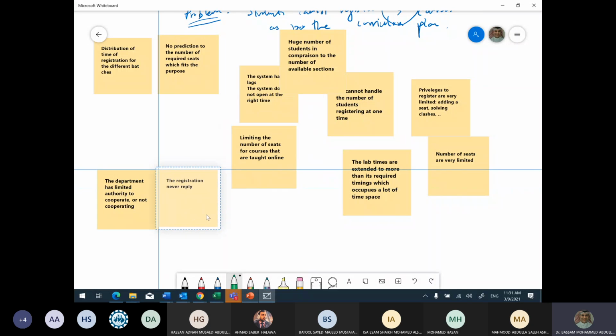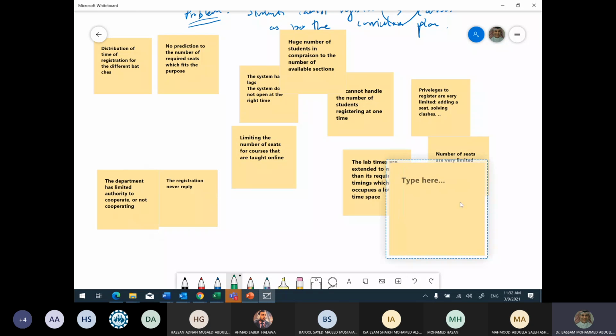So we have here something that is related to coordination. I don't know if there's something else related to coordination and contact and communication. Something related to communication. Let's write it here. No, I don't want... Doctor, add as well that they never correct or do something regarding the frequent mistakes that